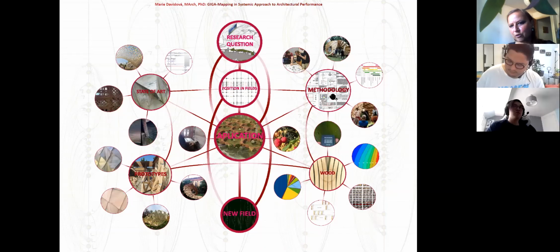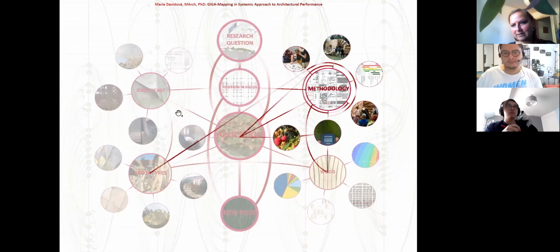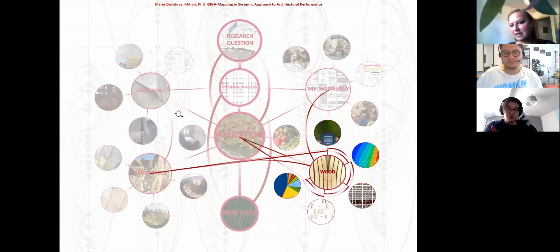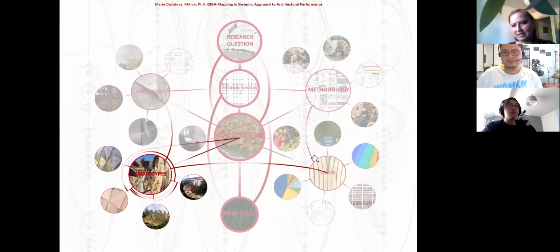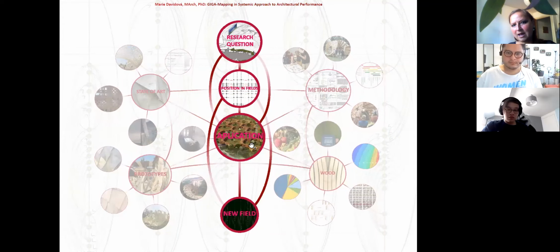Then you get to methodology. Then I actually had to study the material science for this. And then I was building prototypes. Those prototypes were then evaluated for the application. And for the application, I defined the new research field. So you go: state of the art, methodology, then the material science, the subject I was studying, building my own prototype because I was working with research by design. Then I got to the application, and through